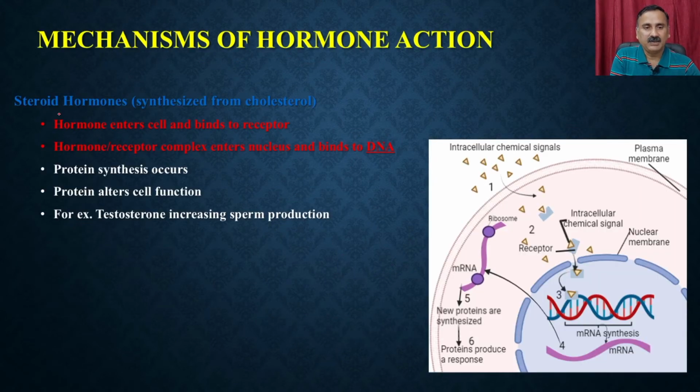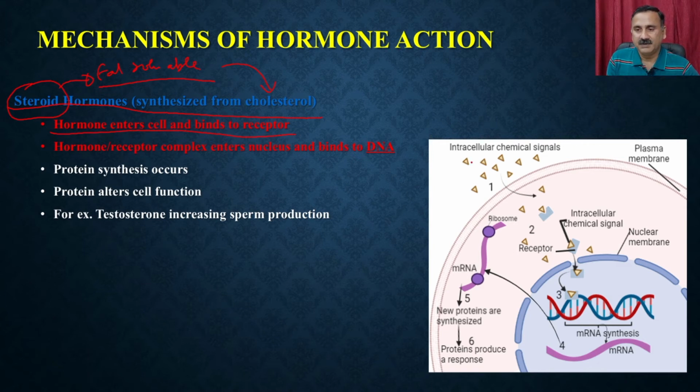So now let's talk about the steroid hormones. Steroid hormones are synthesized from cholesterol. Most steroid hormones are fat soluble, so they are synthesized from fat, mostly cholesterol. The hormone enters the cell and binds to the receptor. This is the hormone being secreted. Because they are hydrophobic in nature, they will easily diffuse and dissolve into the plasma membrane, they will enter, and then directly get inside the nucleus, and that's how they will be binding to a specific region within the